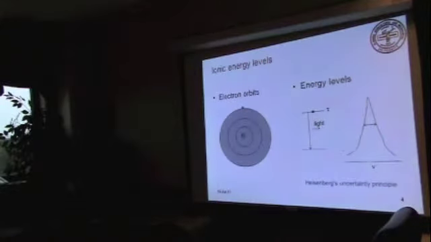This is what you get whenever you record the emitted light as a function of frequency. The y-axis is the intensity, and this is the frequency. This peak has some broadening, which is related to the lifetime of this level. These two are related through something called Heisenberg's uncertainty principle, which you learn when you do quantum mechanics. If the lifetime is a millisecond, then this broadening is of the order of kilohertz, which is the inverse of that millisecond. If the lifetime is a nanosecond, then the broadening is of the order of gigahertz. This is called lifetime limited broadening, and it is also called homogeneous width.